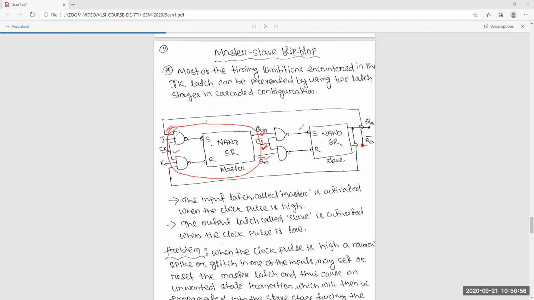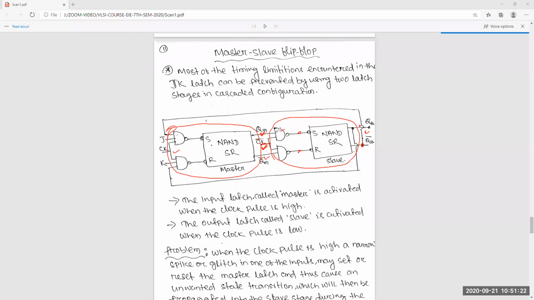Or come to this, because this is 0, this part will be inactive also. So it will not get here. Okay. So then when clock is 0, that means this part will be active. Whatever is there will reflect to here. So at any particular time, both are not transparent. Both are not connected at a time.